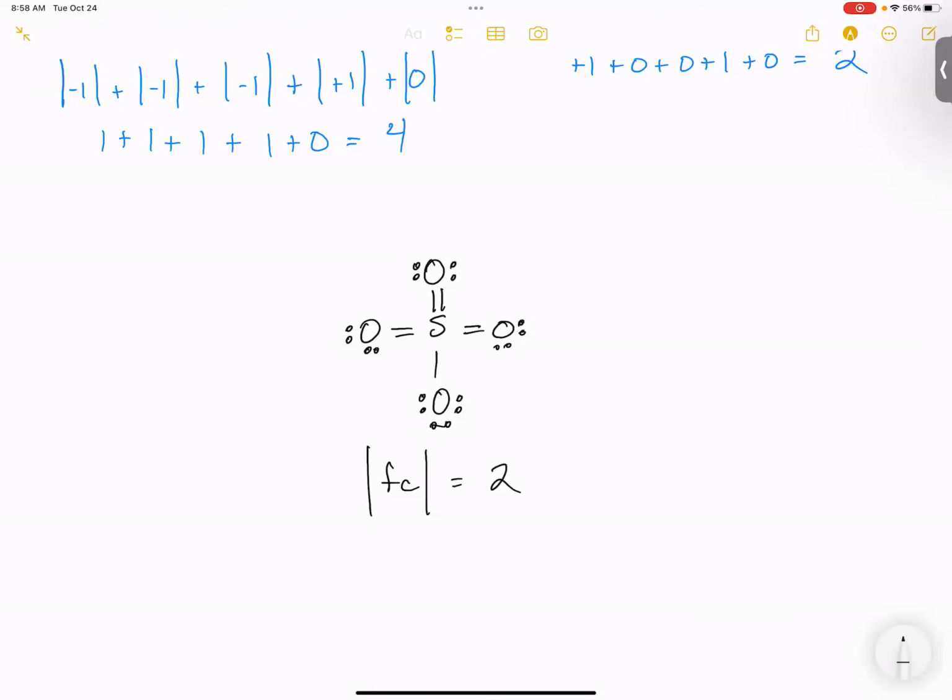Okay, sulfur's a -1. And what else? The new oxygen's a 0. So right now, what you're telling me is that this has a formal charge equal to 0. This one has a formal charge equal to 0. This one has a formal charge equal to 0. This one has a formal charge equal to a -1. That is the answer. If you look at the formal charge,